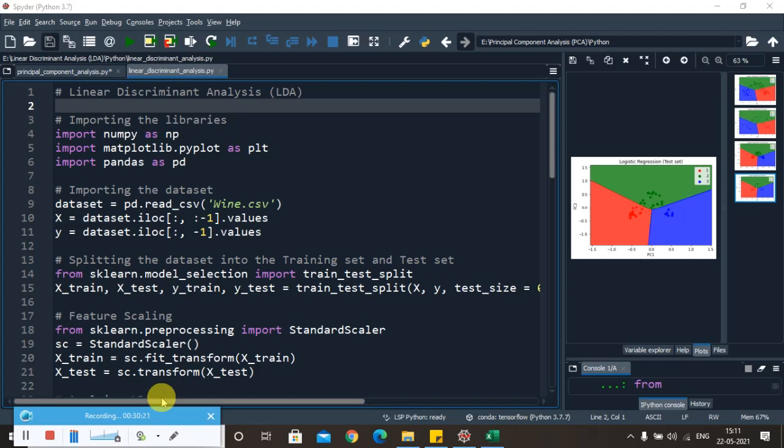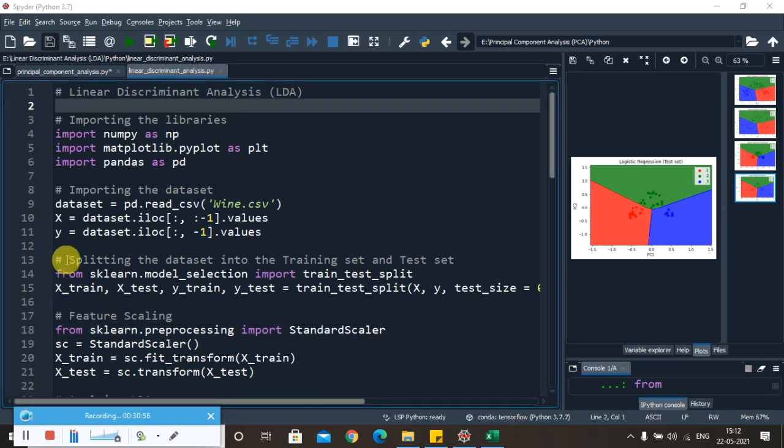Similar to PCA, we can accomplish the concept of LDA in 5 major steps. The first step is the computation of the d-dimensional mean vectors, then the computation of the scatter matrices, and later you compute the eigenvectors, sort these eigenvectors by decreasing eigenvalues, and use the d times k eigenvector matrix to transform the samples onto the new subspace. With this introduction, now let us implement this algorithm using Python.